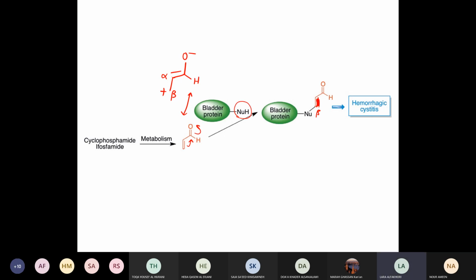Okay, so to overcome the bladder toxicity due to the electrophilicity of acrolein, how can we quench that toxicity? Yeah, I can add a nucleophilic antidote, such as this compound, for example. Where is the nucleophilic atom? Yeah, that sulfur in here. It may interact with that carbon, thus preventing it from interacting with bladder proteins. Okay.